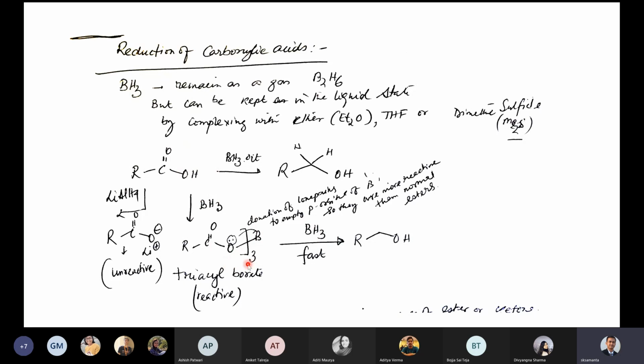So that is how once this hydride is reacting here, this will go and then it will form basically O negative that can take proton after quenching to form this RCH2OH. Okay, is that clear or any question?